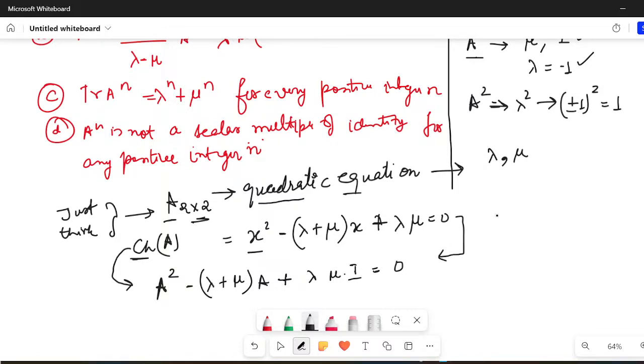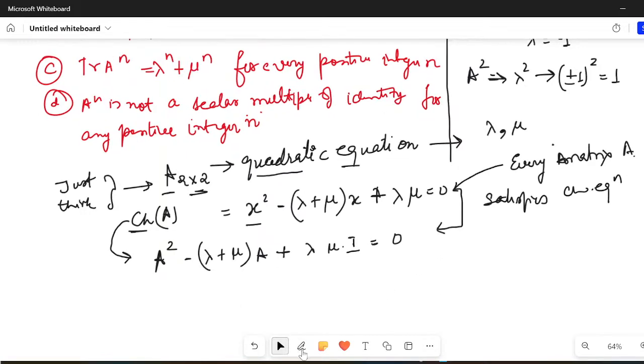The Cayley-Hamilton theorem says what? Every matrix satisfies its characteristic equation. So every matrix A satisfies its characteristic equation. If your characteristic equation is this, then A would always satisfy this. Is that clear? Now just think about it. If this is the case,